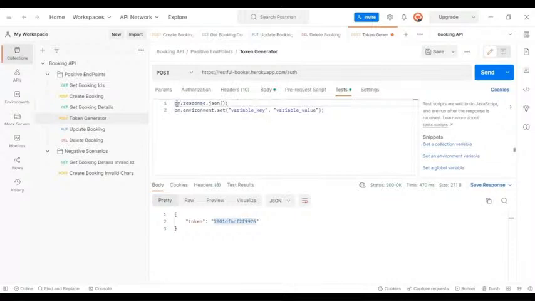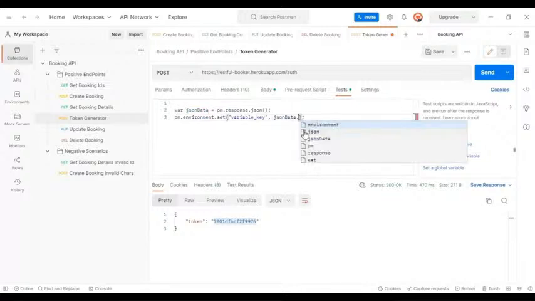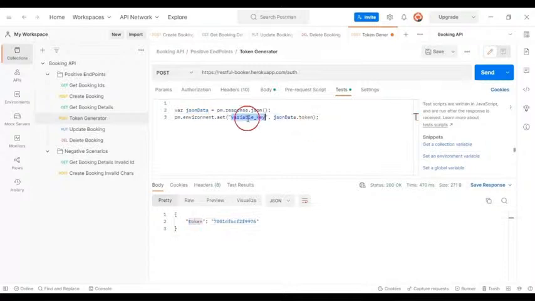Then I will assign it back to a variable called jsonData. After using this jsonData variable, I will specify the key here. So here we can specify the variable name, that is the variable key. It can be anything. In my case, I'm specifying b underscore